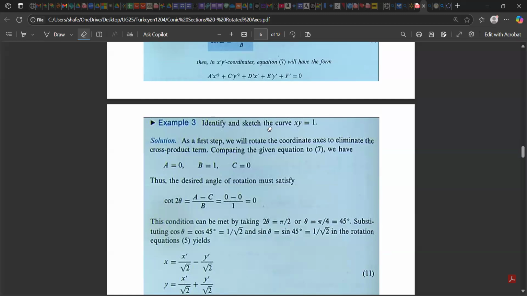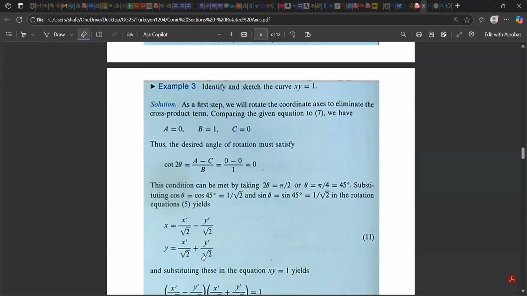Maybe an example will do the job. So you say identify and sketch the curve xy equal 1, right? So you pick out what A, what B, what C are. And what do you get? You get cot 2 theta equal to 0, right? And they're telling you that this is going to be true if 2 theta is pi over 2, which means that theta is pi over 4, which is 45 degrees. You substitute that now, well, you know cos theta, sin theta of 45 degrees are going to be 1 over root 2, 1 over root 2. Put that in here, right? And when you get that now